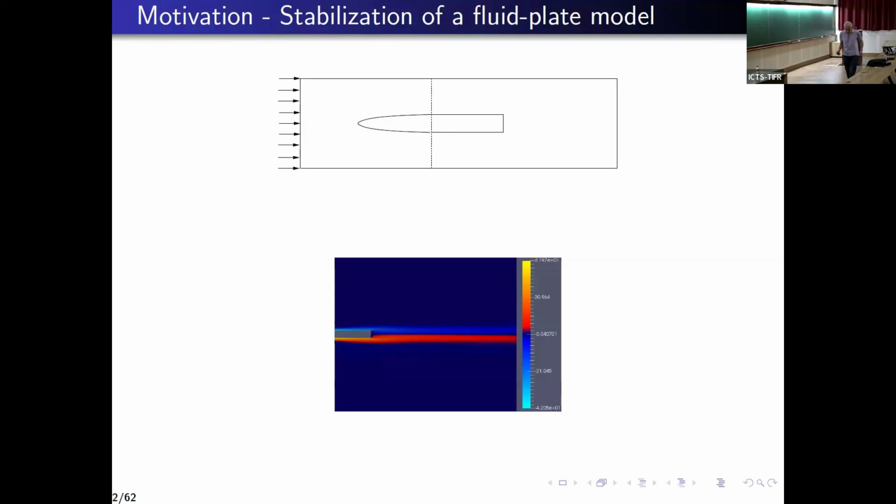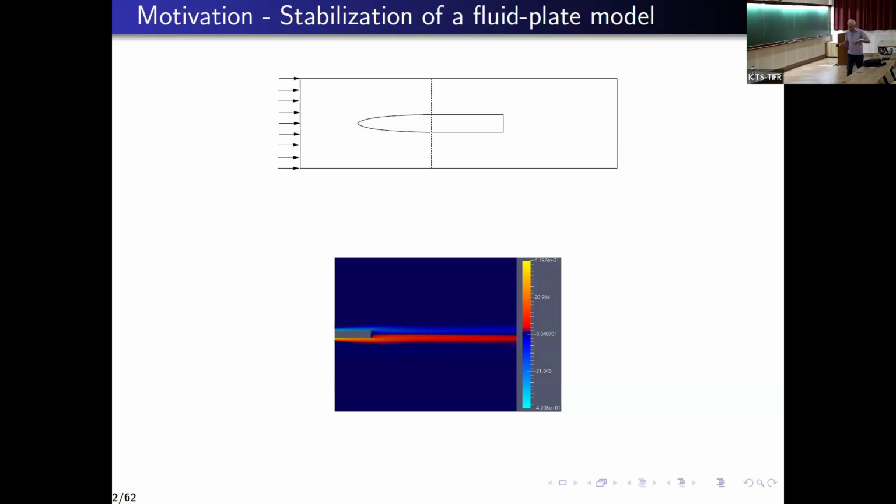So the goal is to stabilize a fluid flow when there is some elastic part in the domain. This is an experimental setting. We have a wind tunnel here and a kind of wing. We have some profile of velocity here. And in the perfect situation, this is the vorticity of the fluid. So the solution is like that. Only this part of the domain is represented here.